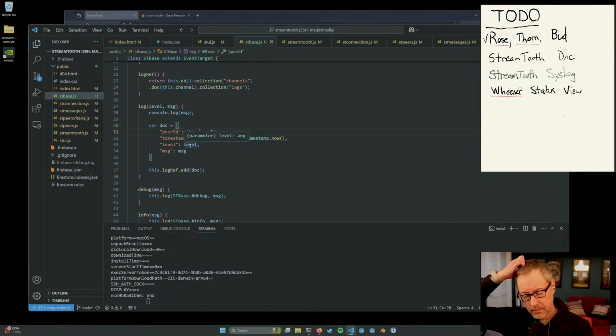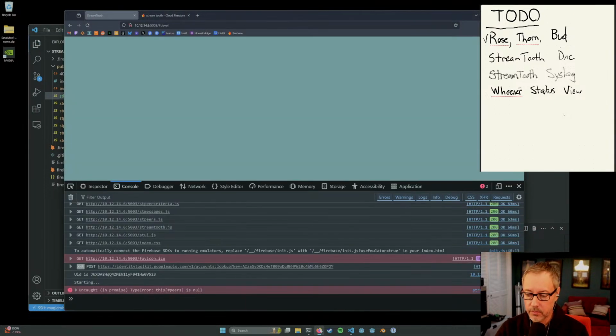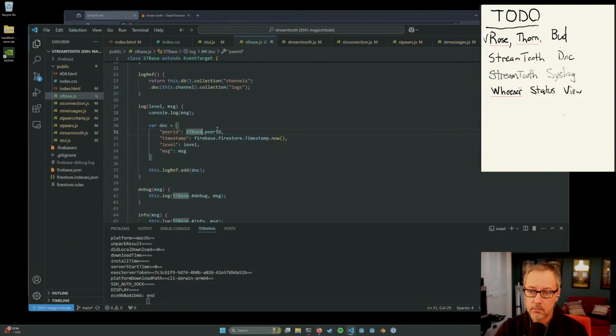Interesting. Like we're having like side effect. I don't think this makes a difference, but it does. This logref add is not a function.